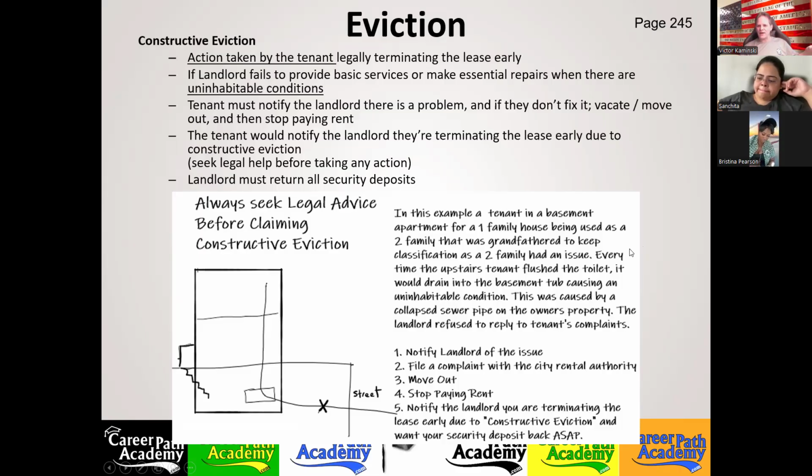So she filed the complaint with them, and then I said, "Is there anybody you could move in with for now, like a friend or family member, while we look for another place for you to move to?" And she's like, "Yeah, I got a girlfriend I could move in with." I said, "Okay, then you do this. Move all your stuff out before you stop paying rent. Then stop paying rent and send a letter to the landlord notifying him you want to terminate your lease early due to constructive eviction and that you want all your security deposit sent to you there."